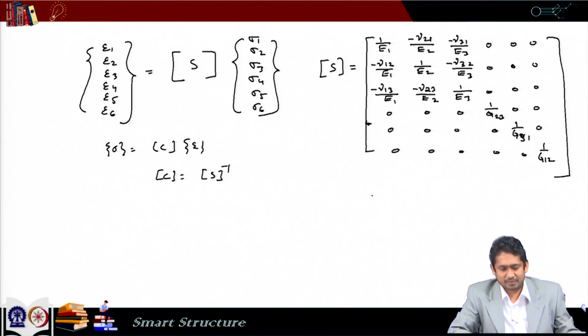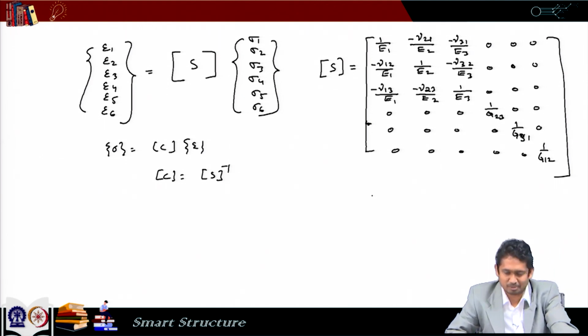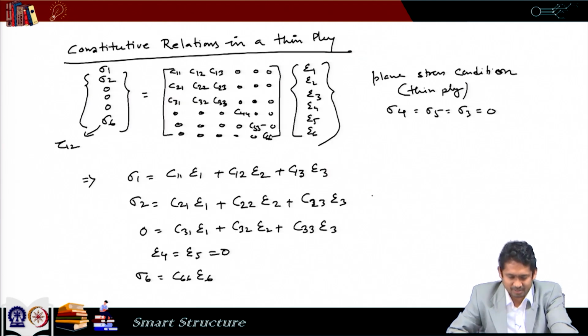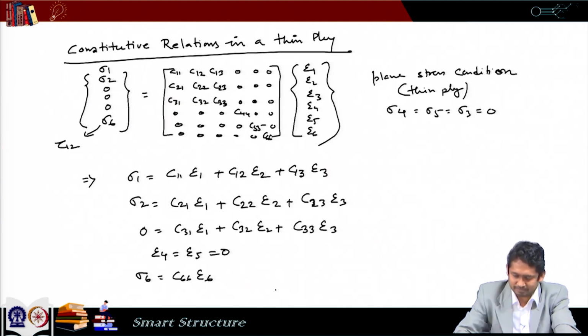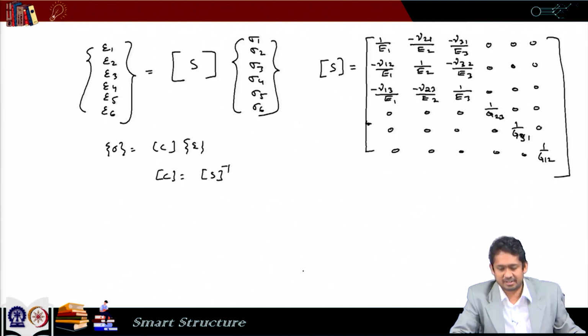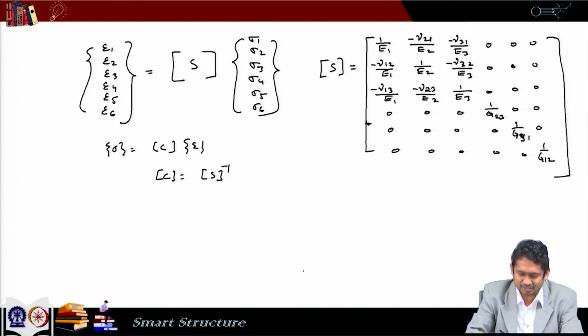So, then if we combine everything, we know the C matrix in terms of those E's, nu's and G's, and then we have this relation. So, using these relations and this C matrix in the form of those E's, finally we get